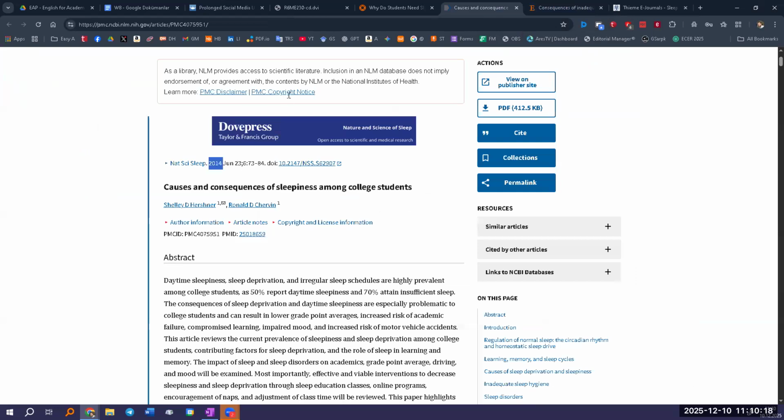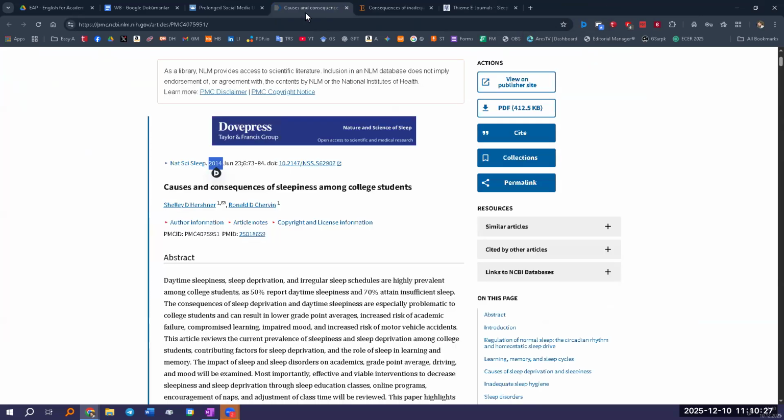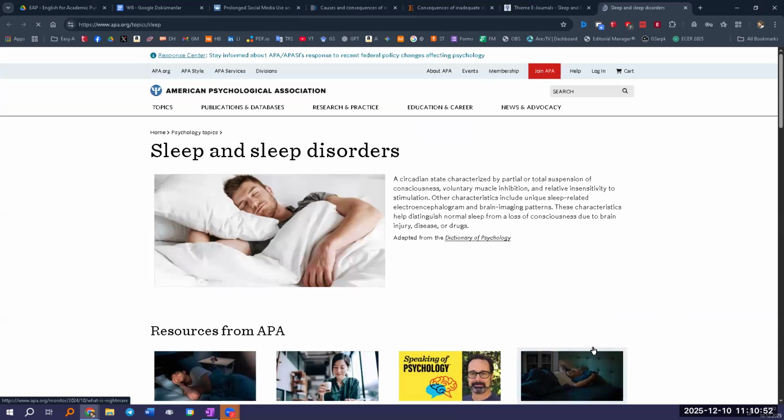2019, 2014, and we don't know the date, yeah, 2025. Dates are also important because we had a noteworthy period in our lives from late 2019 to 2023. We had COVID, right? COVID may have changed many things. Sleep and motivation are two of them. And of course, GPAs and your success at school.